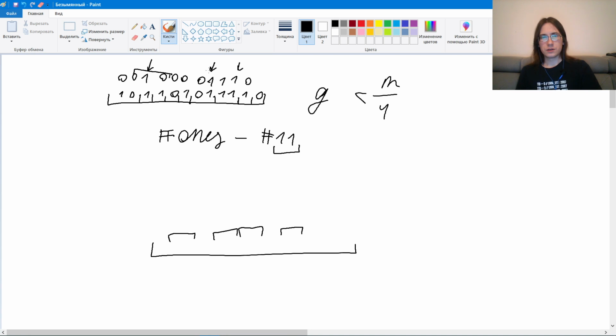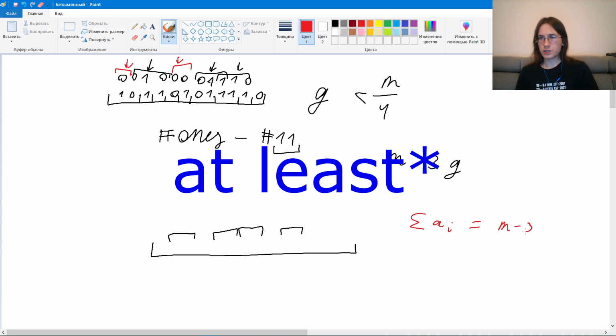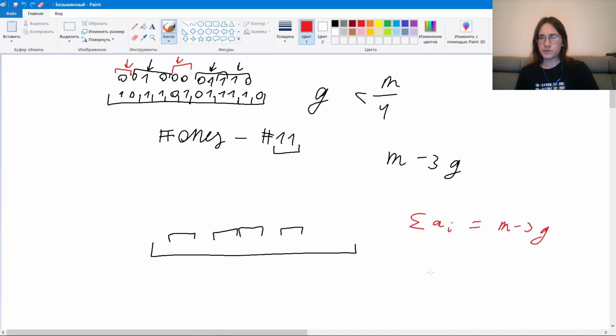So we still have at least m minus 3g free positions. Let's again go through groups of free positions and pick every second position in each group. If the sizes of the groups are ai, their sum is m minus 3g, and we manage to pick ai/2 rounded up from each group,